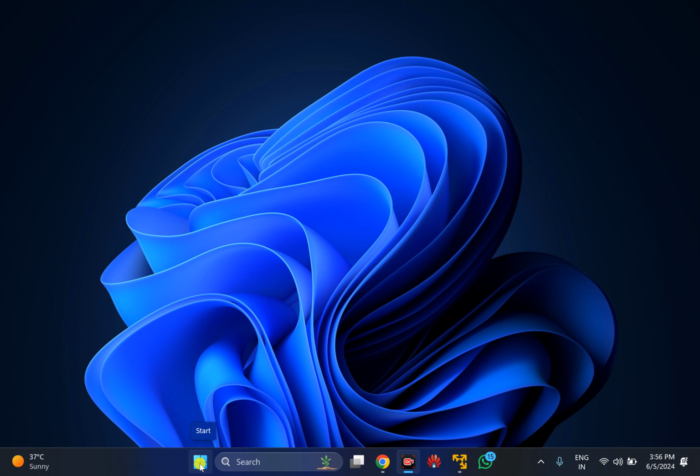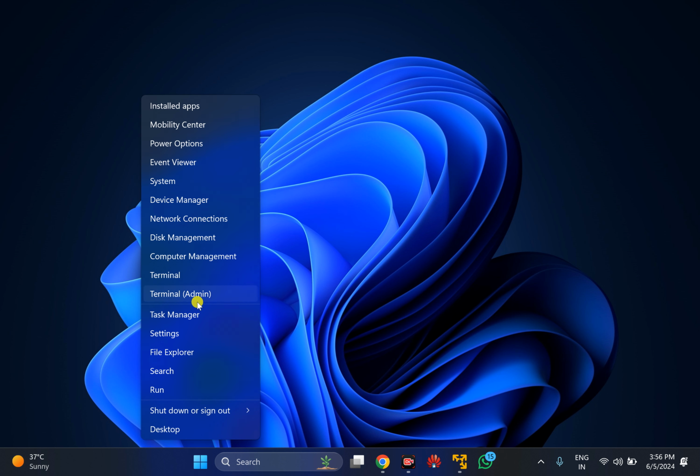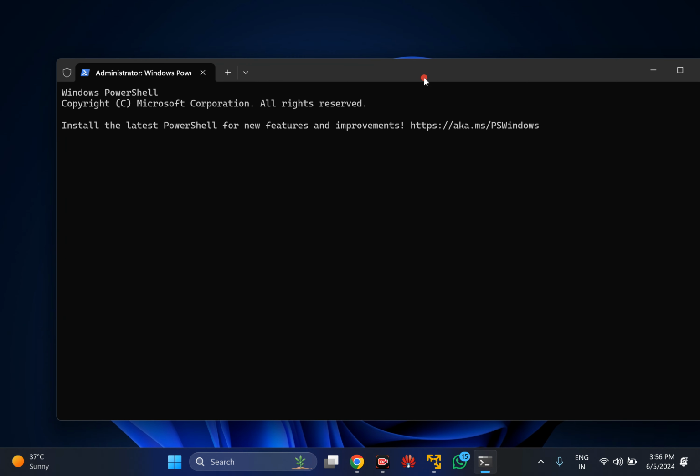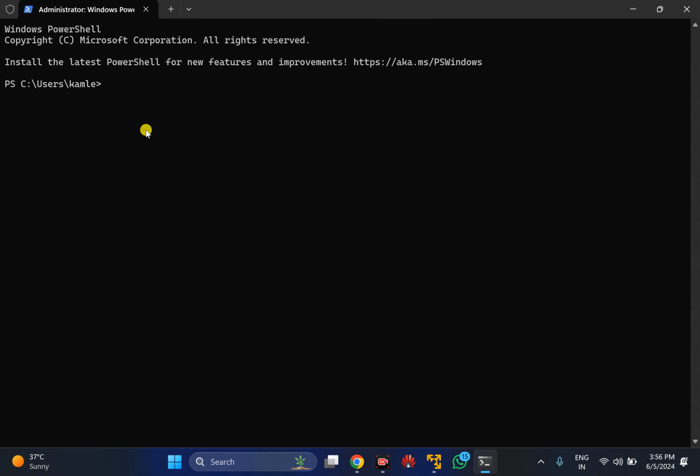For that, right click on the start button and here click on terminal. In case Windows prompts, click on the yes button. Once the terminal app opens, you need to issue the command wsreset space hyphen I and then press enter on the keyboard.